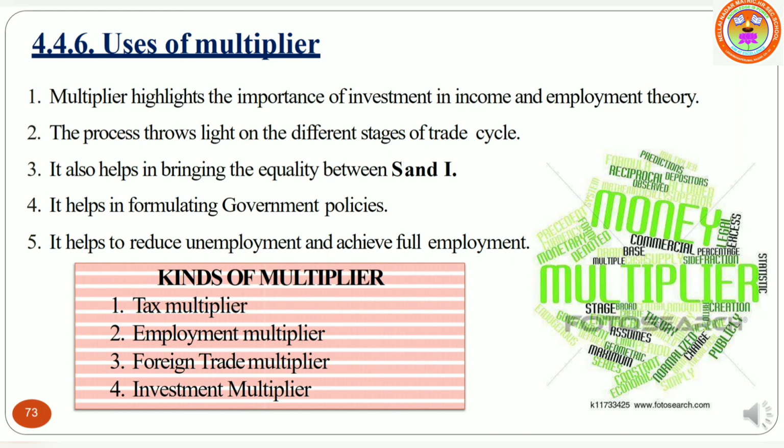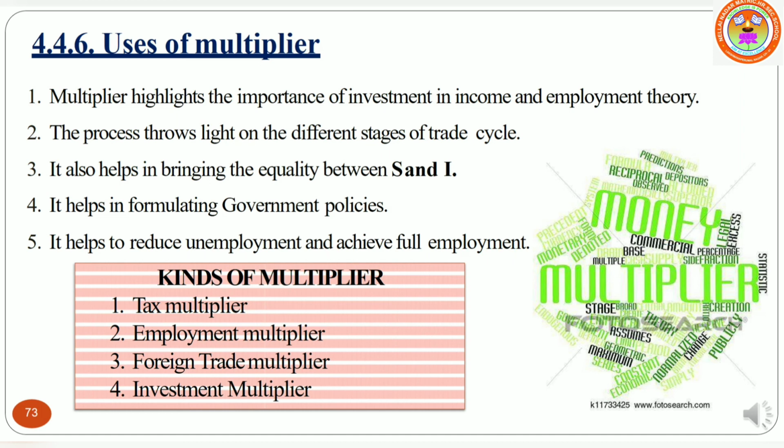Kinds of multiplier. Tax multiplier. Taxation policy is also an important factor in weakening the multiplier. Progressive taxes have the effect of lowering the disposable income of the taxpayers and reducing their consumption expenditure. Taxation tends to raise the prices of goods and a part of increased income may be dissipated, which lowers the size of the multiplier.